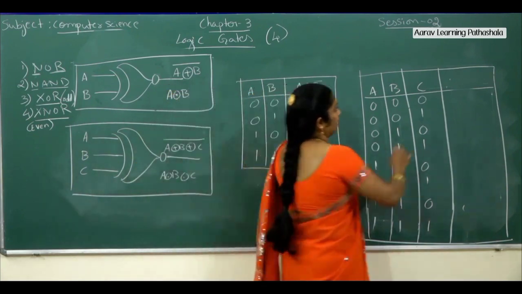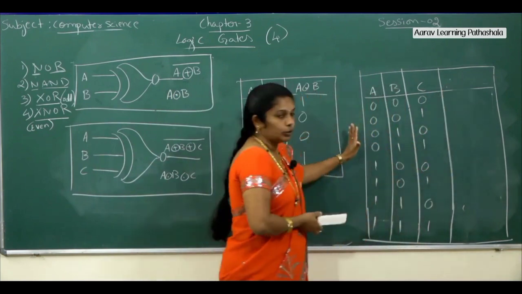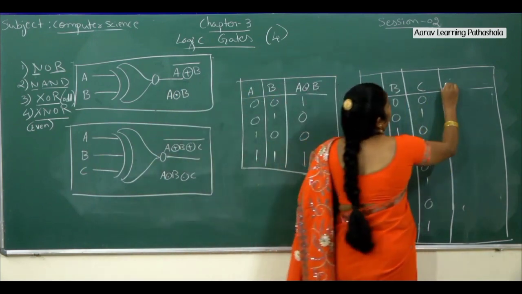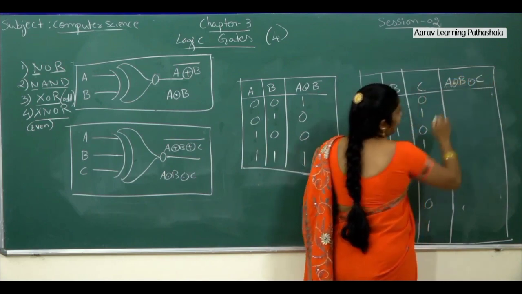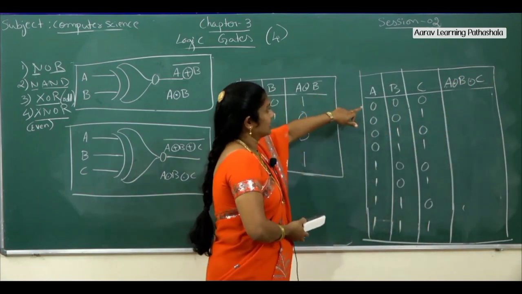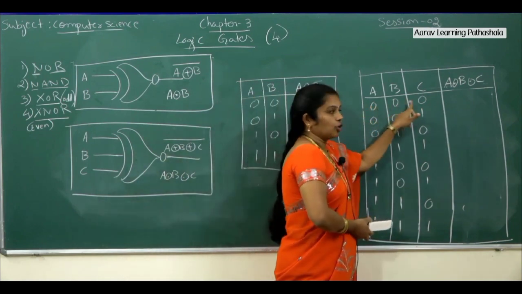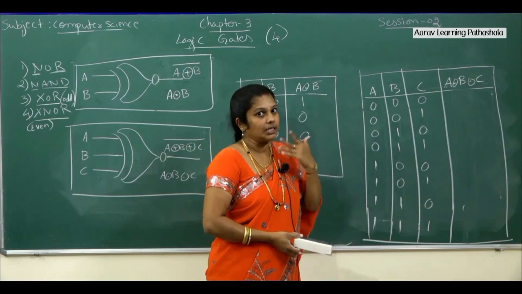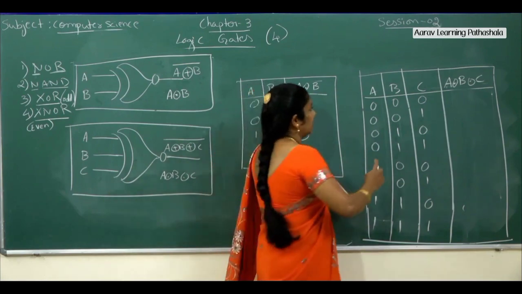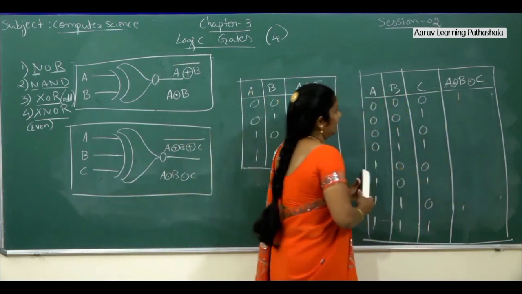Now for this one, when you want to write the truth table for 3 variables, A dot B dot C, for dot write on circle. See the first case, 0 0 0 1, how many times here we have? We don't have any number of times, it is nothing but even, that's why it is 1. Next, odd